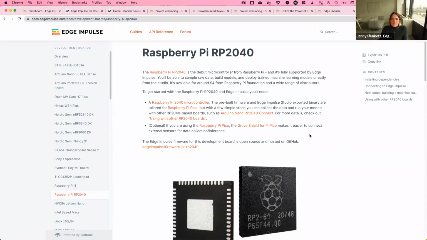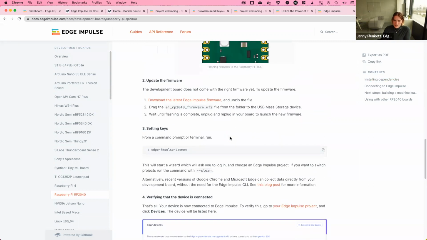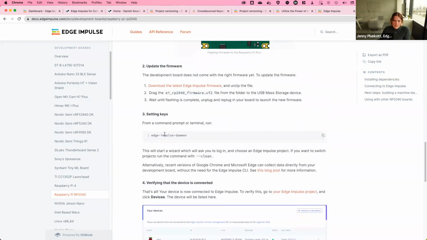But this documentation page will go through step by step on how you can install the Edge Impulse tools that you'll need in order to deploy a firmware to your device like the RP2040 and start collecting data directly from this device and uploading them into your project. You will need to know some terminal commands, but it's directly through serial connection, and you might even be able to do the serial connection option with the daemon as well,